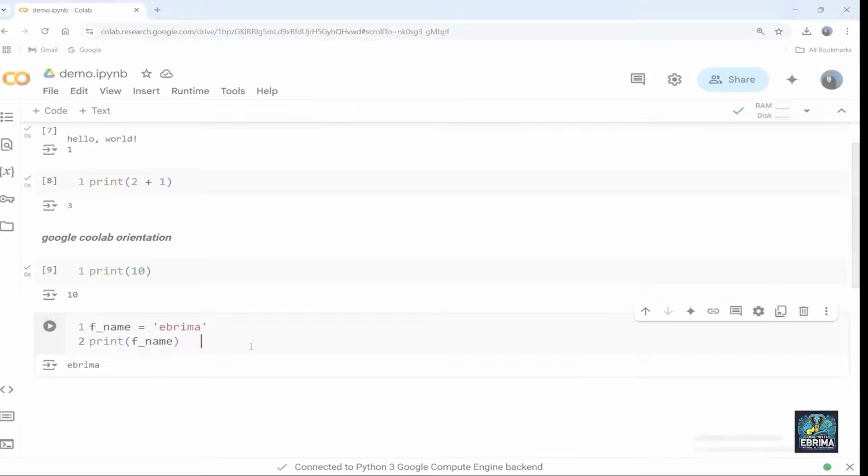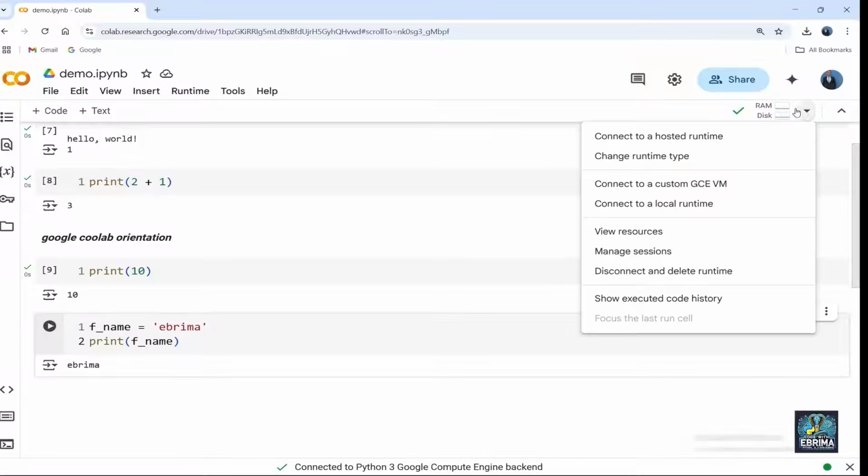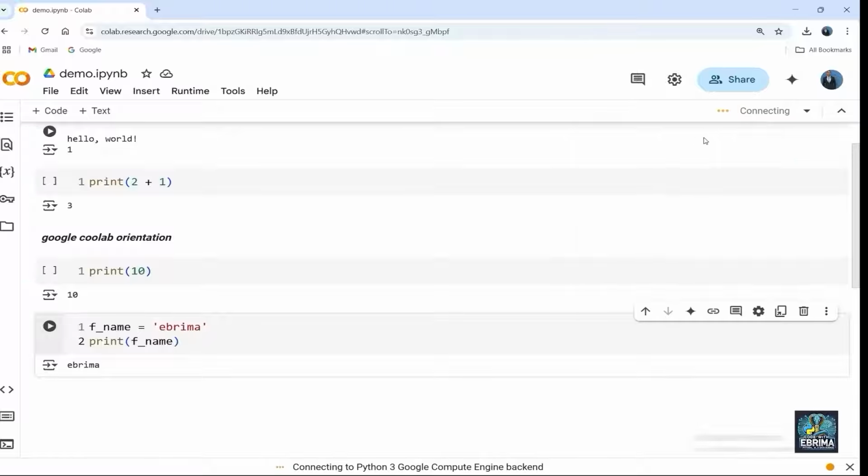Now we are going to explore Google Colab's runtime connection. What this does is connect your notebook to Google servers. If it disconnects due to inactivity, what you do is just hit reconnect, and then you won't lose any progress since everything is autosaved. Now I'm gonna come here and click this. You can see connect to a hosted runtime. I'm just gonna hit that and now you can see it is connecting.